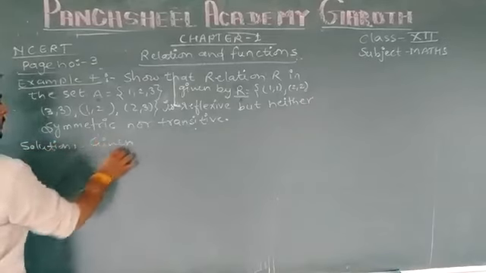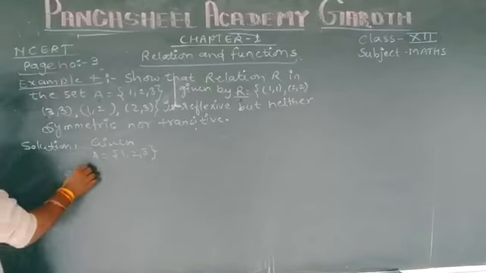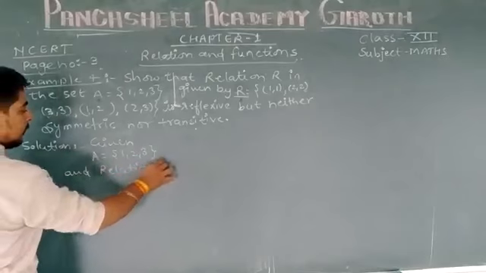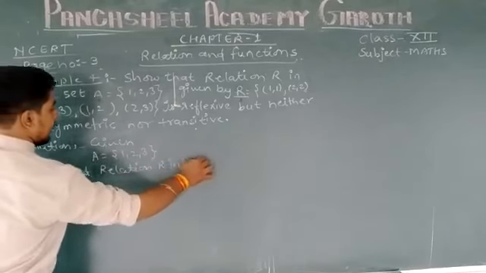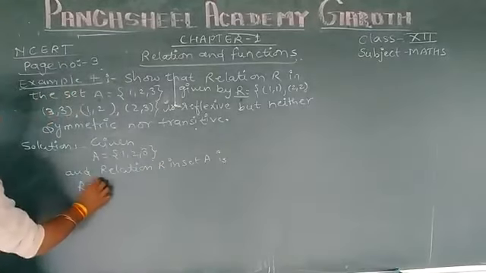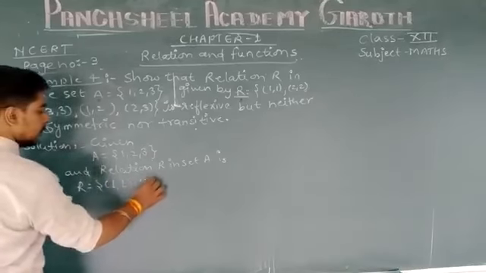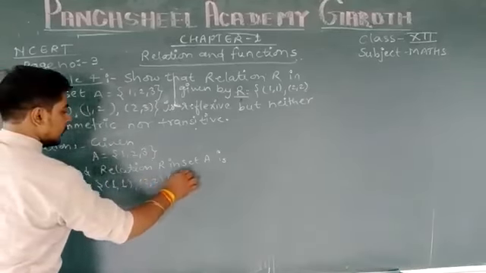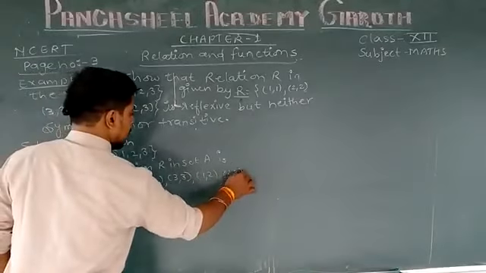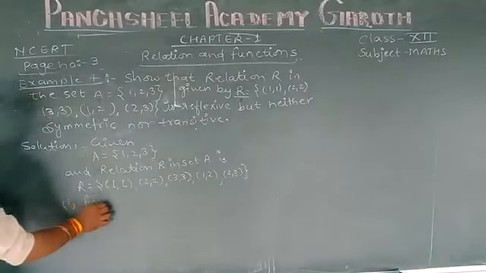Given set A contains the elements 1, 2, 3, and relation R in set A contains the ordered pairs (1,1), (2,2), (3,3), another (1,2), and (2,3). First, for reflexive relation,